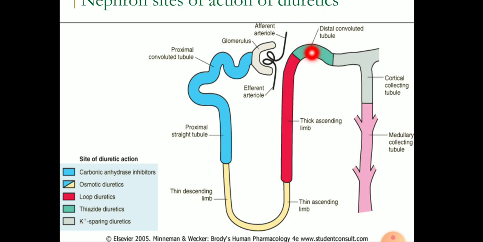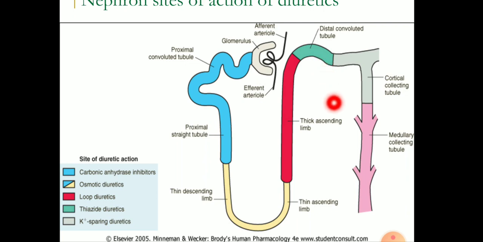There are some thiazide like diuretics which are also acting here. They are having action like the thiazide, but themselves they are not thiazide, rather in most of the terms they are better than thiazide in relation to hypertension or in different disease process. So those drugs are chlorthalidone, metolazone, then the indapamide, xipamide, and clopamide. So all these are thiazide like diuretics, and this green color is showing that this is the site of action of this thiazide group of diuretics.